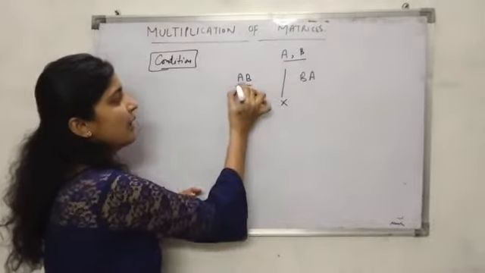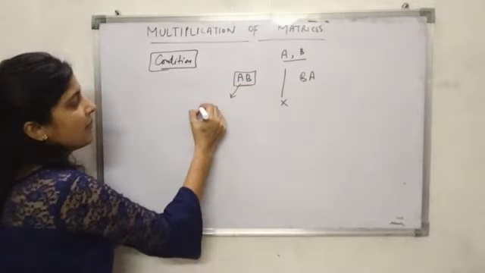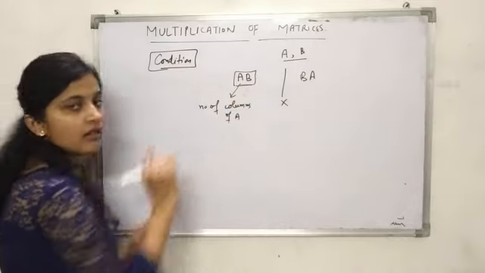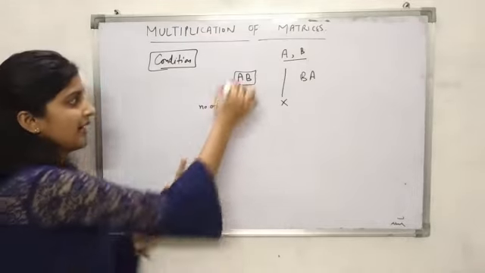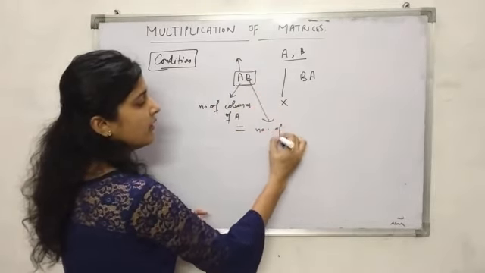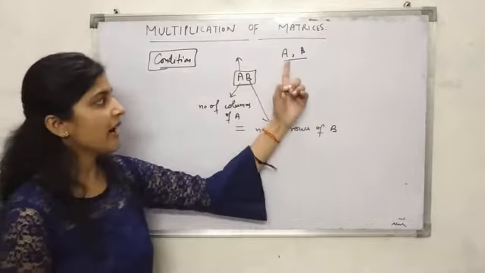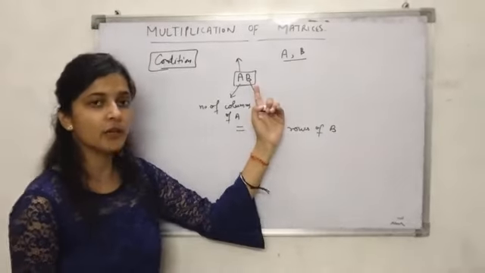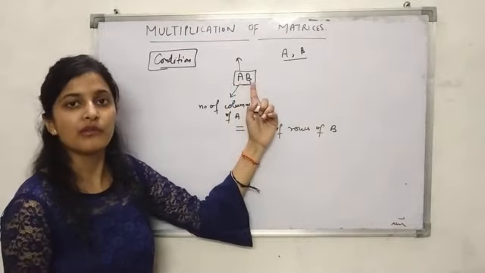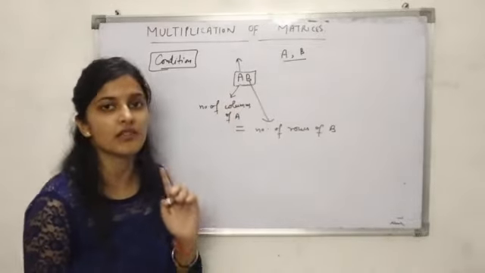So first of all, if we are to find the product AB, then for AB to exist, the number of columns of A, that is the preceding matrix, should be equal to the number of rows of B. Clear? We have two matrices A and B and we are to find the product AB. Then the number of columns of the first matrix should be equal to the number of rows of the second matrix. Then only we can find this product. Otherwise the product does not exist.